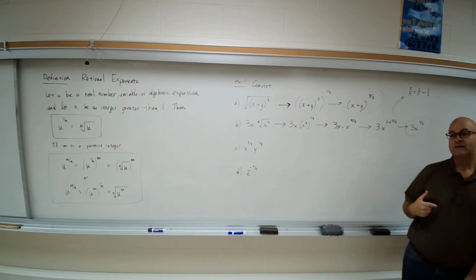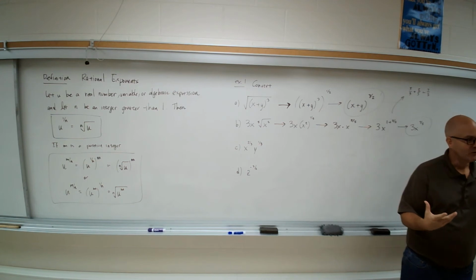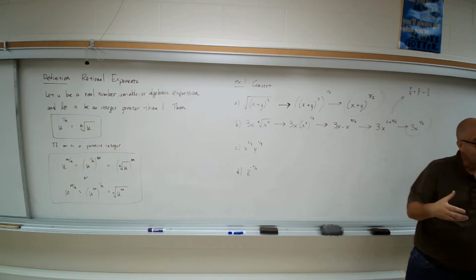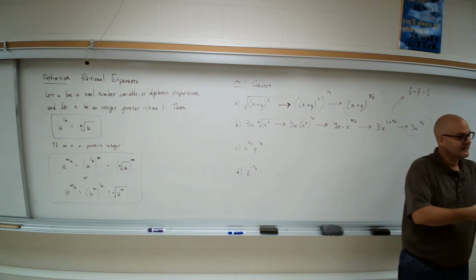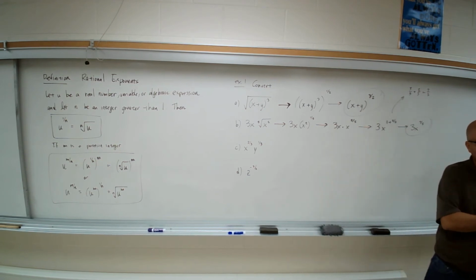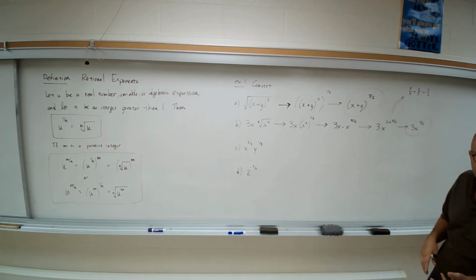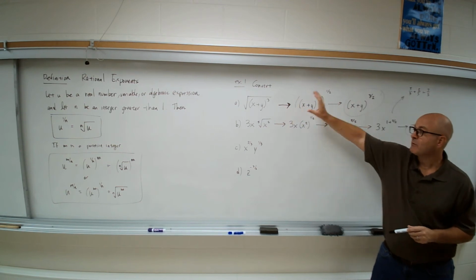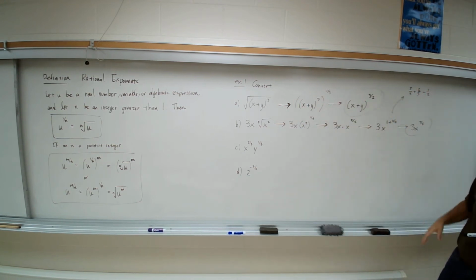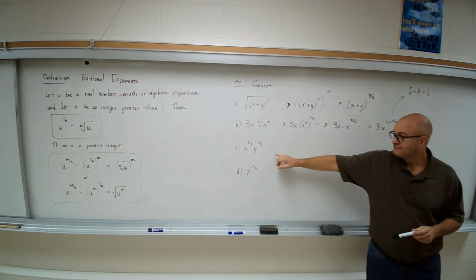Especially with textbooks, sometimes too, and not that we use a book much, but you might in the future, a lot of times the person that writes the text part of the book doesn't write the answers. It's a teaching assistant or a grad student that writes the answers, so they might do it completely different, and their notation might be completely different. So just to be aware of that. So this, again, both of these, A and B, we're converting from radicals into rationals, and how we can do that. The next one here, for C,